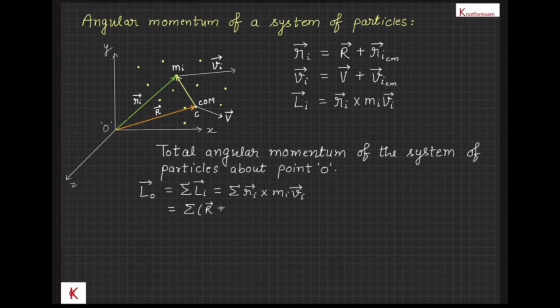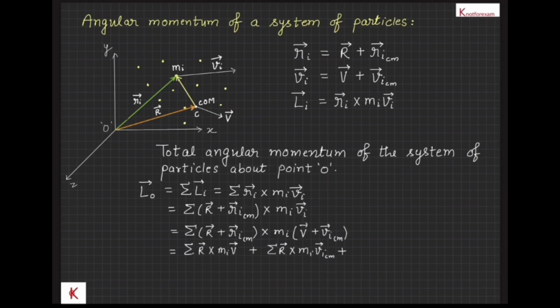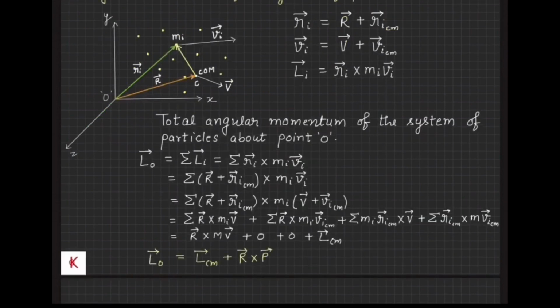That will be equal to sigma of R vector plus RiCm vector cross Mi into V vector plus ViCm vector, which is sigma R vector cross Mi V vector plus sigma R vector cross Mi ViCm vector plus sigma Mi RiCm vector cross V vector plus sigma RiCm vector cross Mi ViCm vector. Here the second and third terms are 0 due to the property of center of mass, and the first term will be R vector cross MV vector, and the last term will be the angular momentum of the system of particles with respect to center of mass. Therefore, LO vector is equal to R vector cross MV vector plus LCM vector,